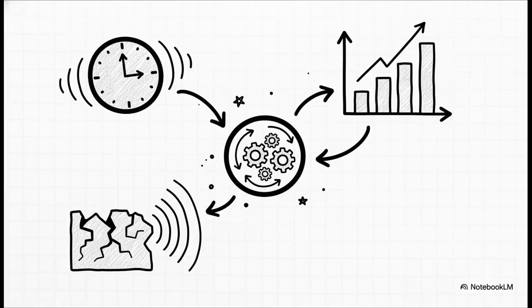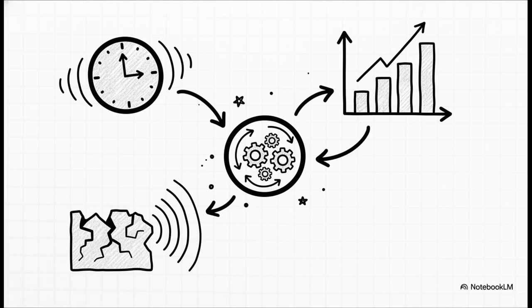Just think about a ticking clock, right? Or the rapid growth of the world's population, or even the sudden, violent rumble of an earthquake. These aren't just random, disconnected events. They're shifting, changing quantities. Our world is in constant motion, all the time. And to actually predict and understand all this motion, we need a very specific mathematical language to link one changing